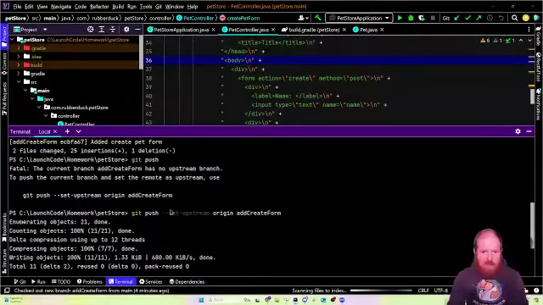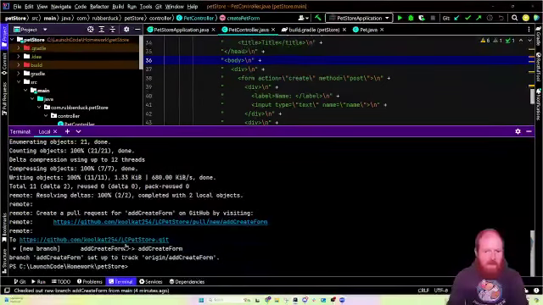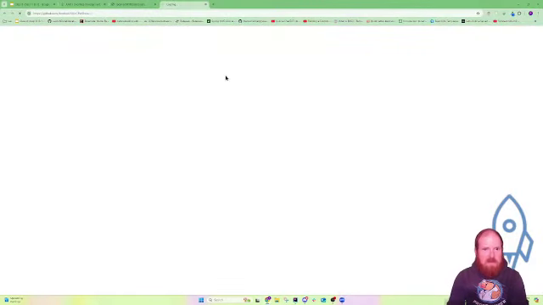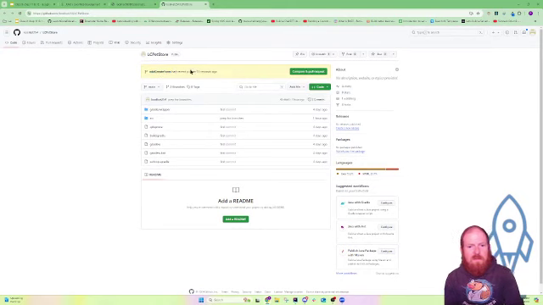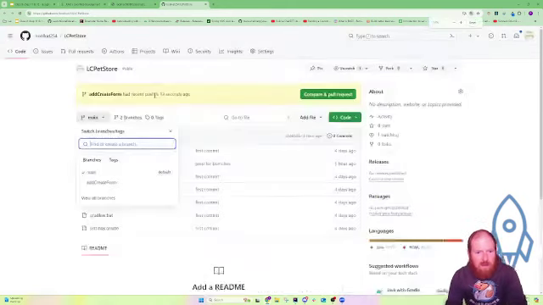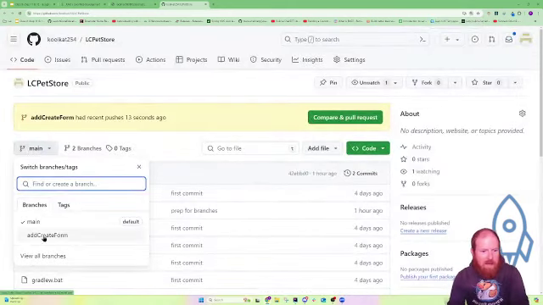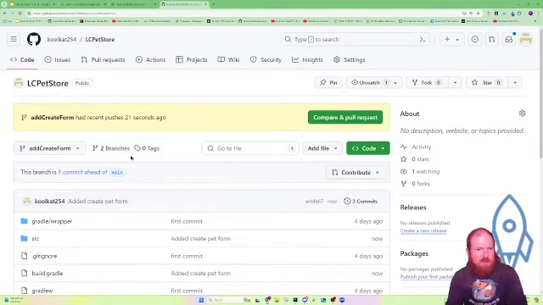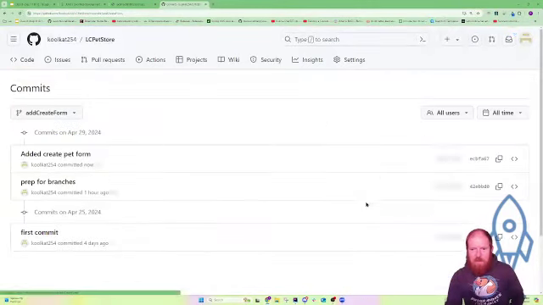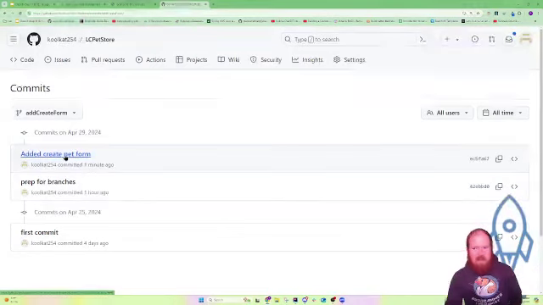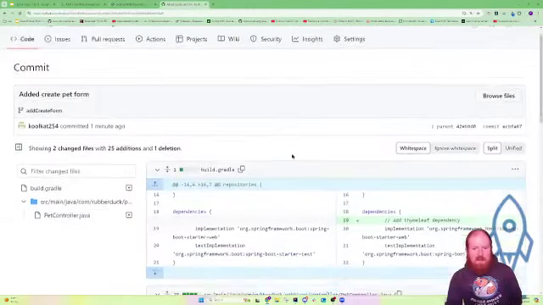I'm setting the upstream. I am pushing it to this upstream, add create form. And now if I go to this thing right here, which is my GitHub, I have my main branch and I have my add create form branch. It says that this has 3 commits, so I can hit on this commit thing, and my added create pet form commit is right here. So if I click on this, it'll actually tell me,